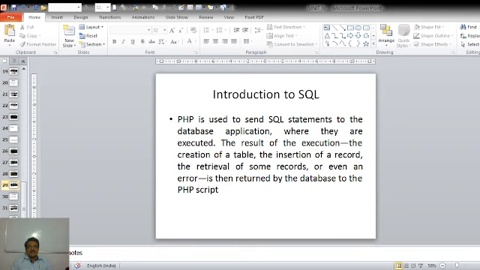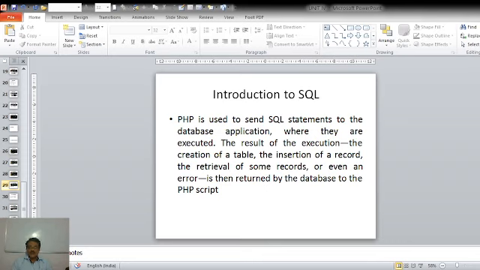And after execution, the result of the execution, whether it is the creation of a table, the insertion of a record, the retrieval of some records, or even an error, is then written by the database to the PHP script.